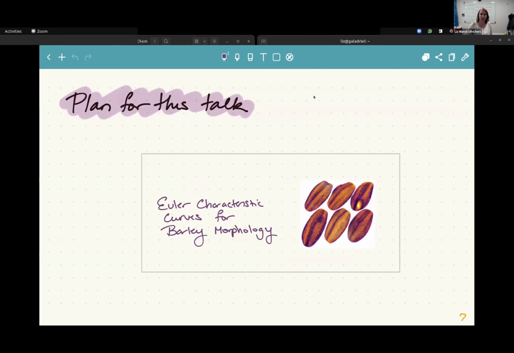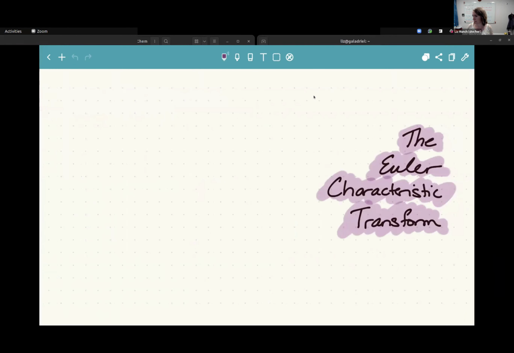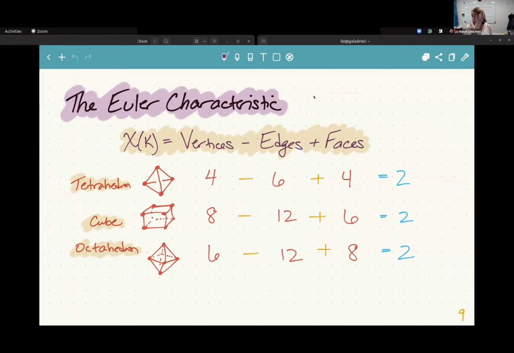So for this talk, we're going to focus on the Euler characteristic curve and the Euler characteristic transform, and in particular, I'm going to talk about an application of this to barley morphology that we worked on that was very successful. Okay. So Euler characteristic transform. So what is this thing? All right, so let's go back to